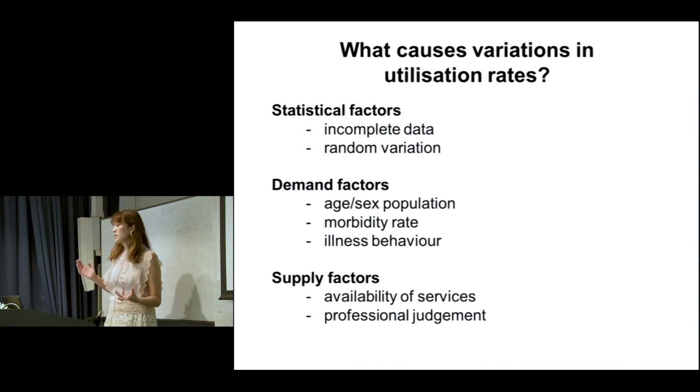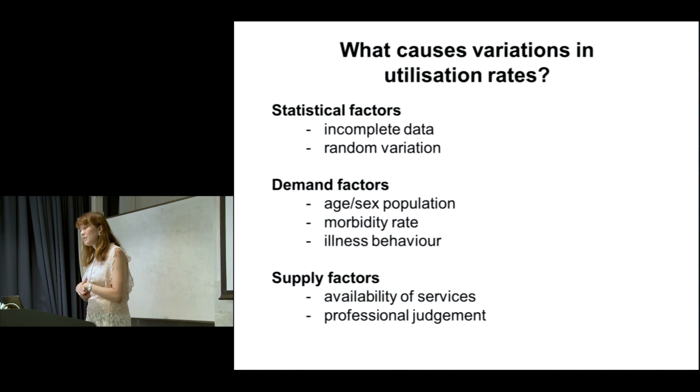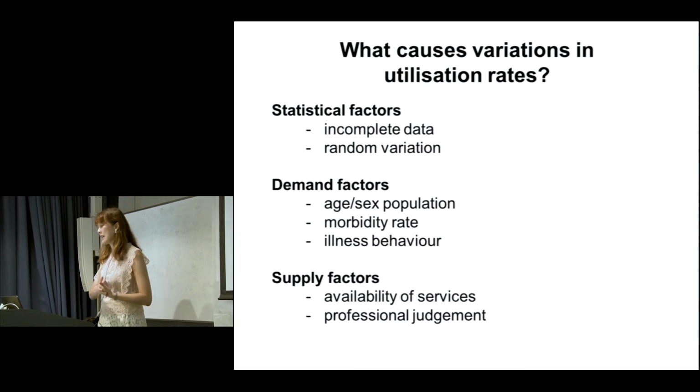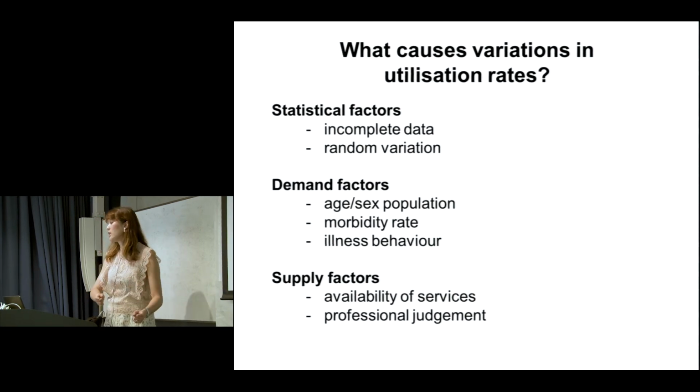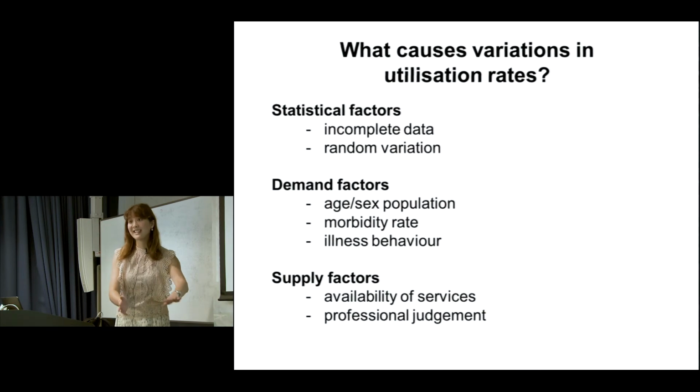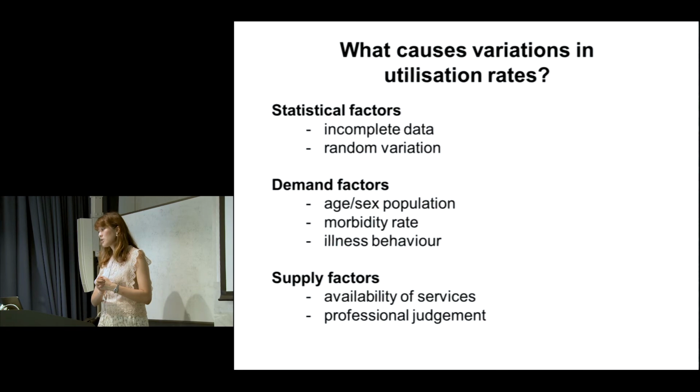Okay, so when people want to lower variation, there's often a belief that there's a hidden agenda, like you want to reduce variation to the lowest level because that's the best, and we can reduce costs. But actually, except for stroke units, we don't know in a lot of cases whether the lower end or the higher end is better. For some things, it might be that we should be reducing variation to the lowest. So we need to think about different things.